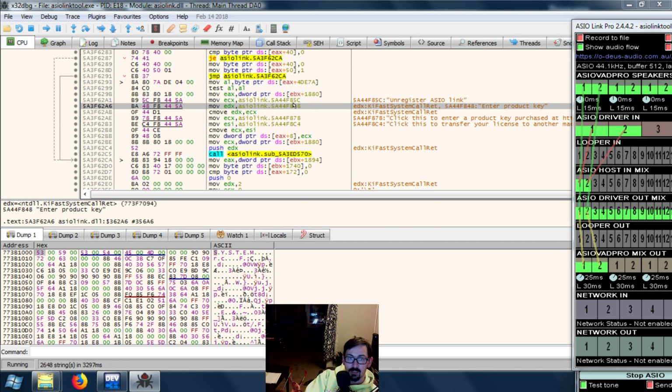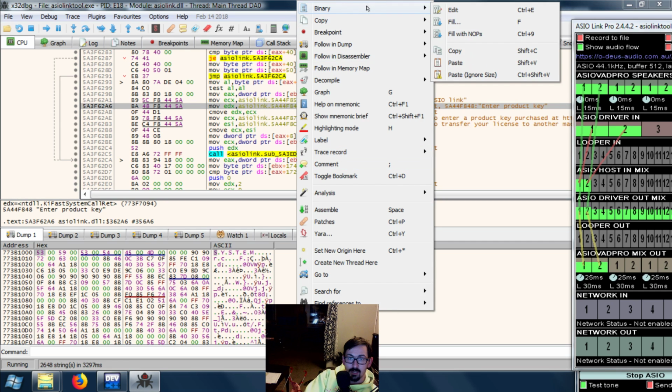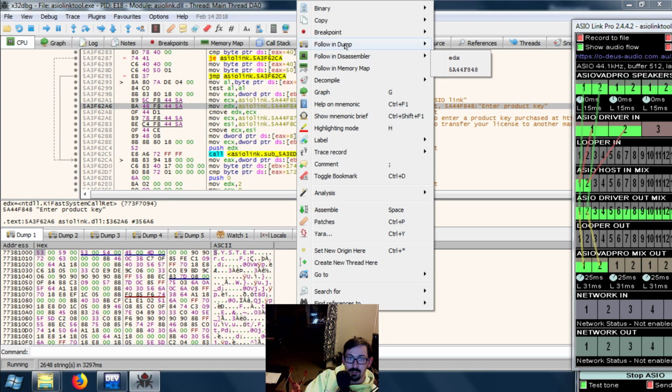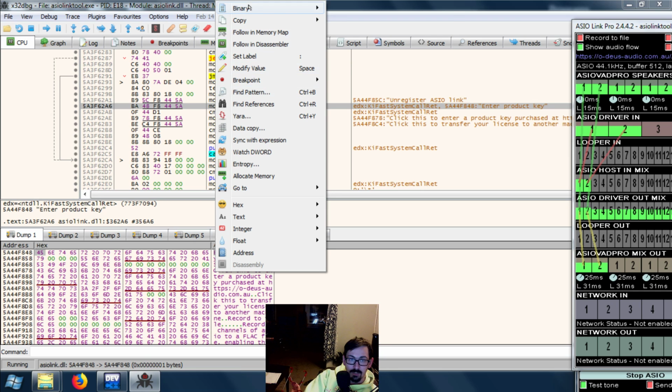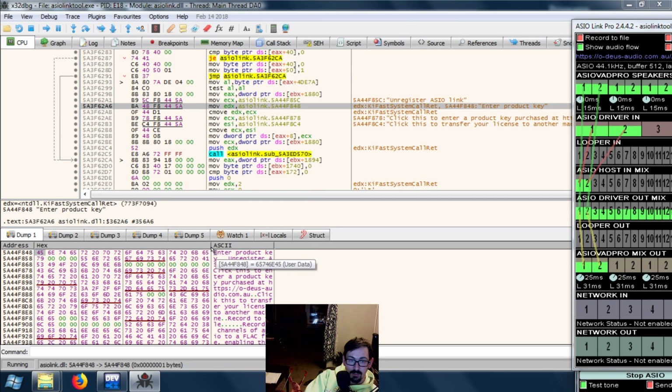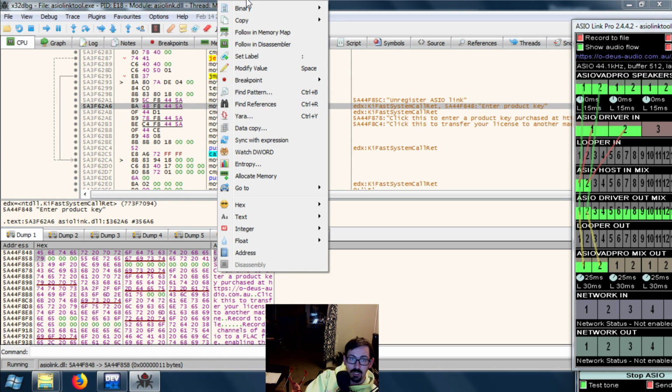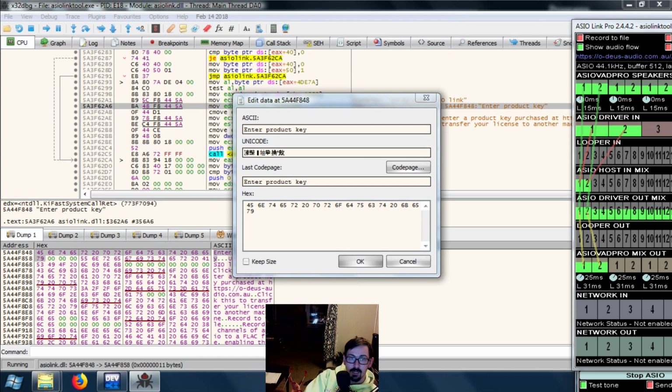Okay, so that's there. Binary. No, we want to follow and dump that. And let's do something just simple here. We'll select all this, which goes up to here. That's how many bytes we can change. Binary edit. And we'll put patched. No replace. Son of a insert, maybe? There we go. Patched by GA